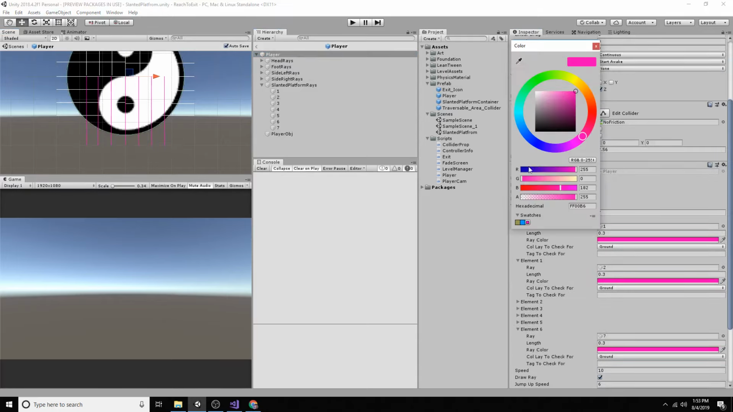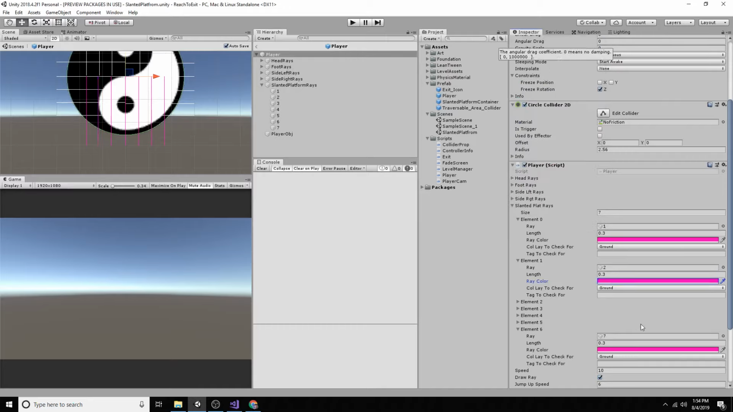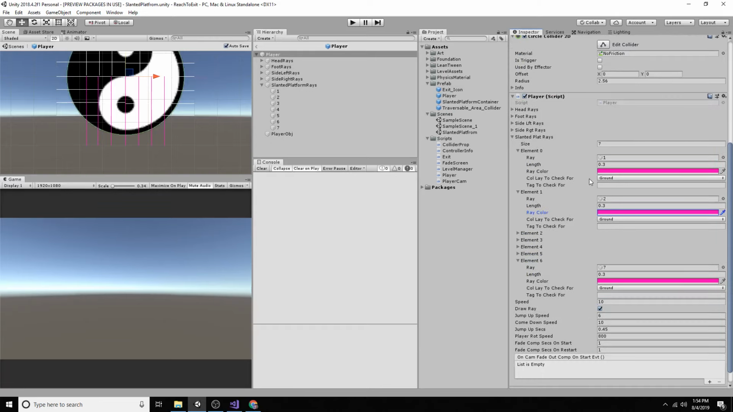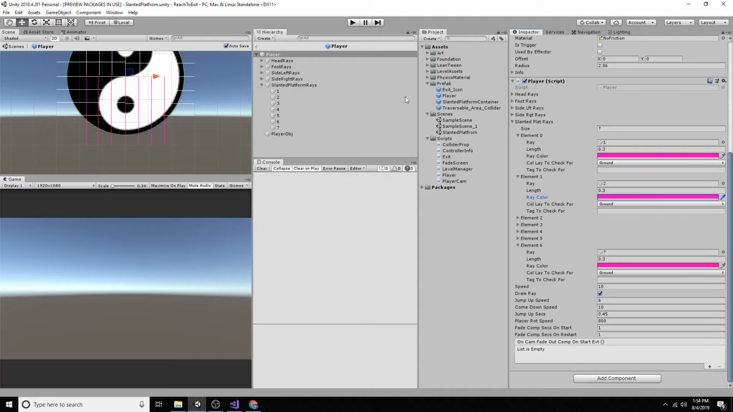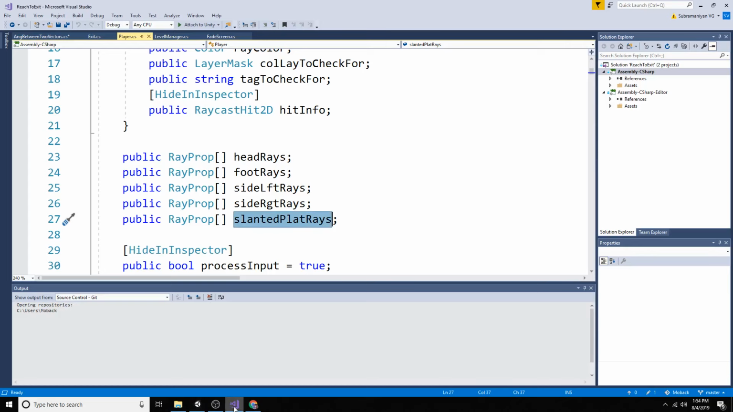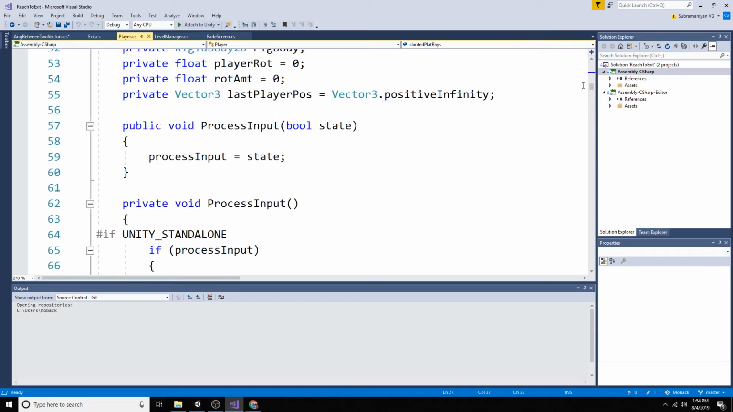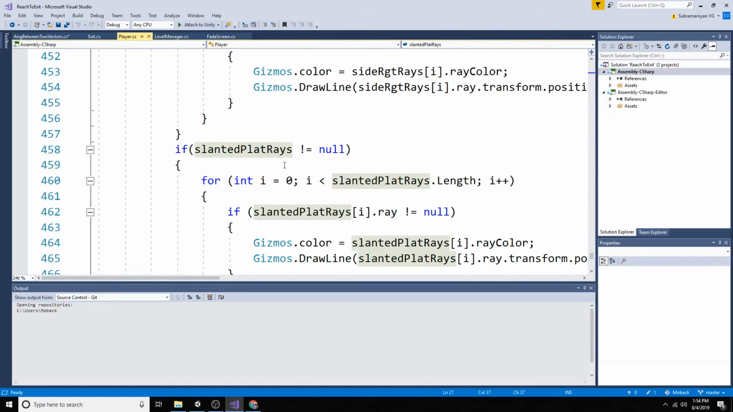If you change the color, you can see what happens. See, I'm changing the color for the second ray. It is blue, but I don't want that. So let me press Control Z, and I am setting the collision layer to check for as ground. So that's it. I have exposed all the rays for the slanted platform in the inspector, and in OnDrawGizmos